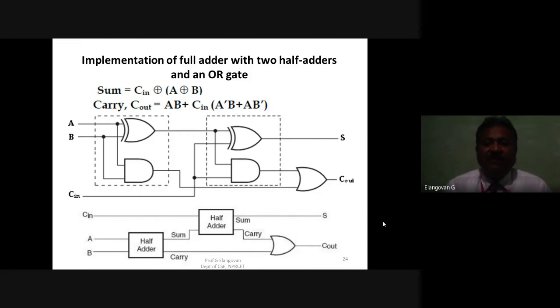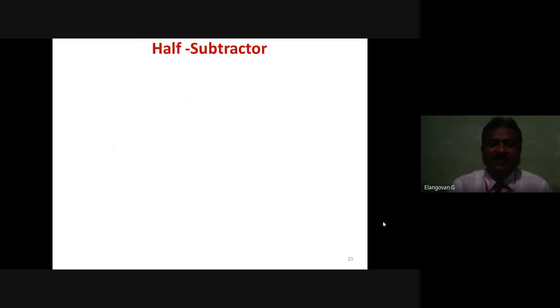So two half adders we are adding. This also we can give in a block diagram representation of how it has been generated. And the next thing is the subtractor. In the subtractor, again we will be having the half subtractor and the full subtractor. Here also, the half subtractor does not consider lower order borrow, and the full subtractor is going to consider lower order borrow. The similar derivation from the half adder, how to get the full adder from the half subtractor, how to get the full subtractor, that's our goal now.